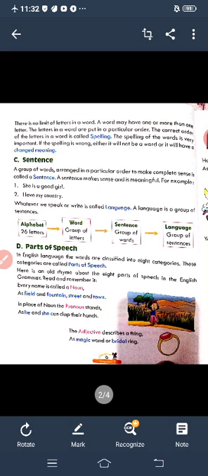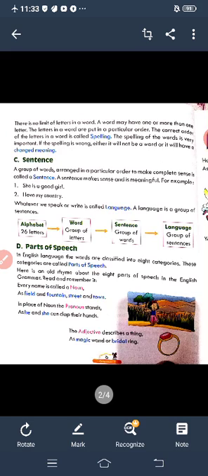so dear student, the fourth one is parts of speech. We will not discuss parts of speech in detail because this chapter is only giving you a basic idea of what the parts of speech are. Further chapters are there which we'll discuss in detail one by one. Separate chapters are there for each and every part of speech. Okay, till now let us discuss in short, what are parts of speech?